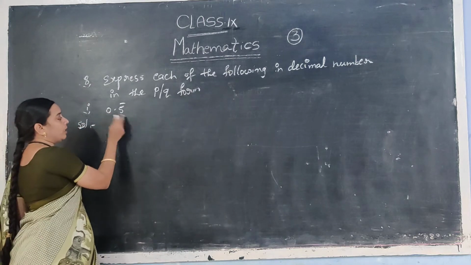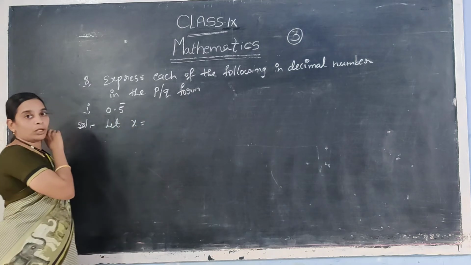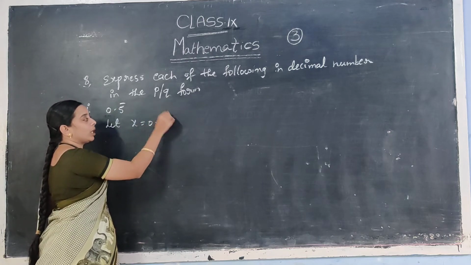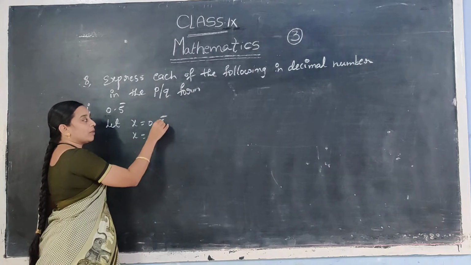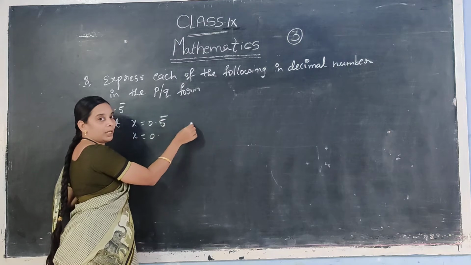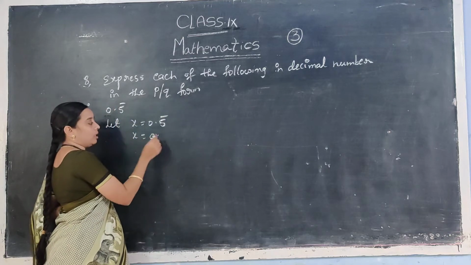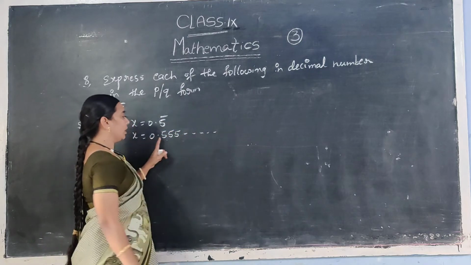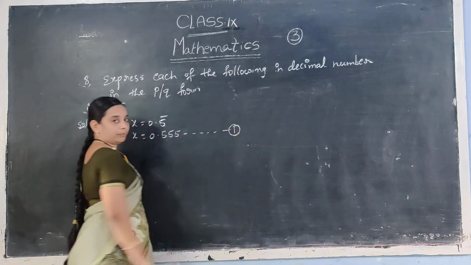First of all, the given number, let it be taken as the value of x. So this decimal is equal to x, that means 0.5 bar. Under the recurring part, how much is there? 5 is there. Recurring means 5 is repeated so many times, so that's why 5 bar. You can repeat 5 as you wish; I can repeat it only 3 times. Now this is condition 1.